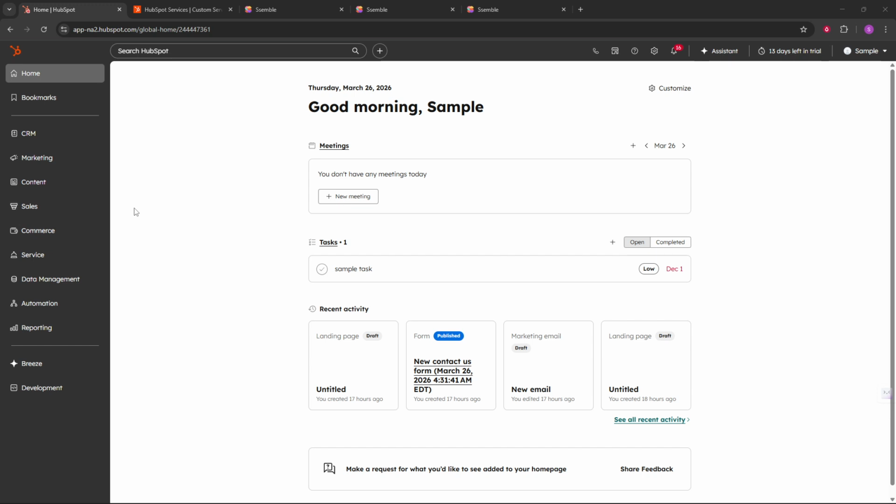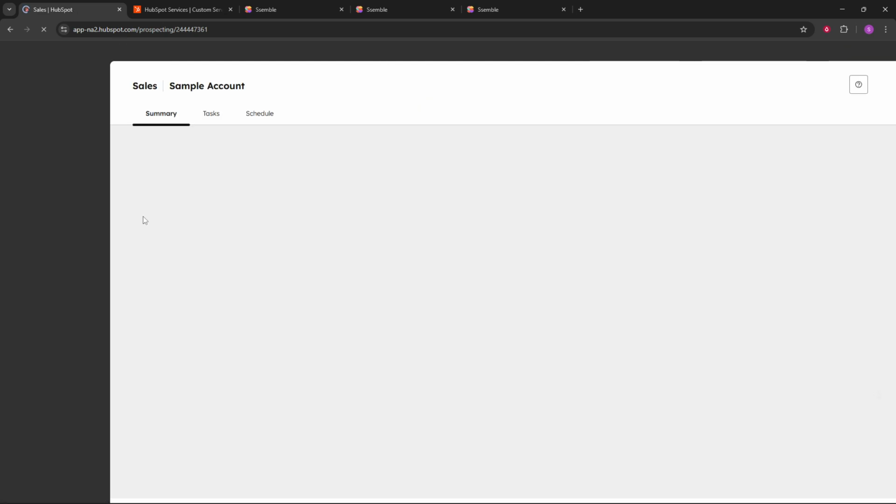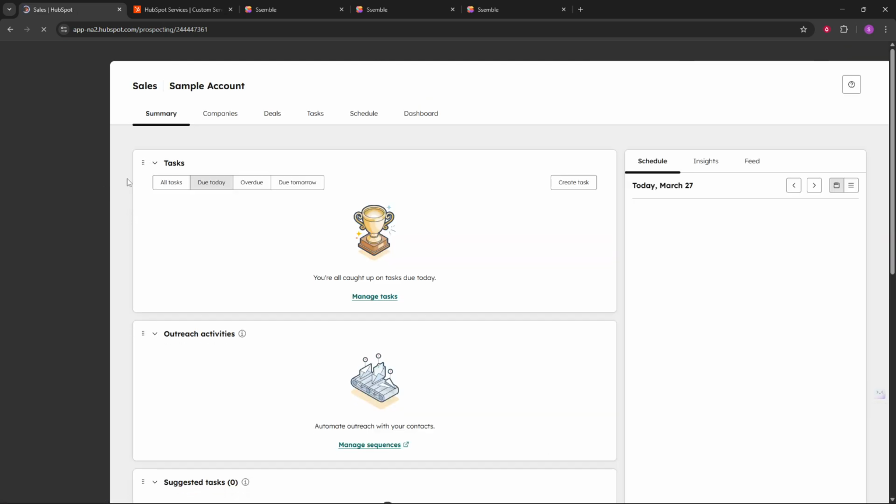Next, explore target accounts. This area is all about focus. It helps you zero in on the companies that matter most to your pipeline. Use it to keep an eye on engagement, track progress with high-value accounts, and make sure you're concentrating effort where it counts. A helpful tip here is to keep your target list deliberate and regularly reviewed so your time stays